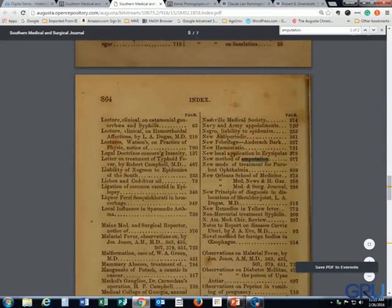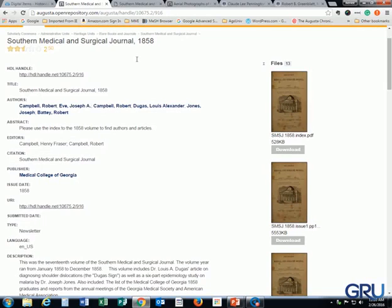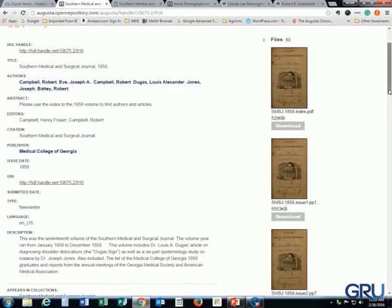And here it shows we have two results: new method of amputation and tetanus relieved by amputation. You can see the page number 341. So now if you go back,